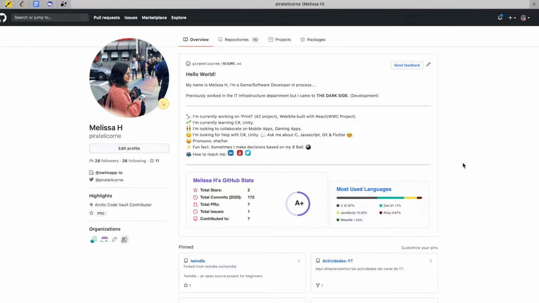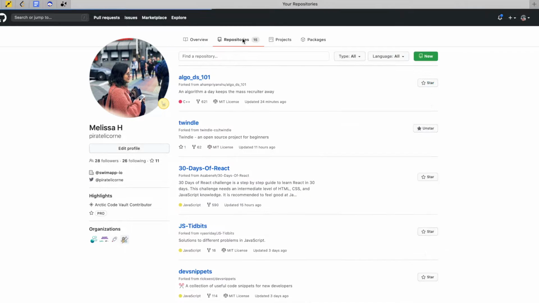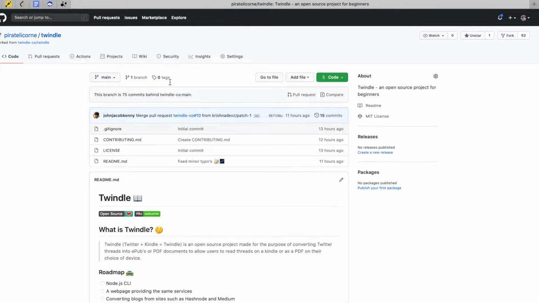Okay, so this is how to make a pull request to the original repo from Twindle. So you go to your repositories and you look for the repo you forked. Make sure that you fork it from Twindle-go and not from other people, so you can get all the updated changes. Okay, so you go to the repo and, well, in my case, because I cloned it yesterday, I can see